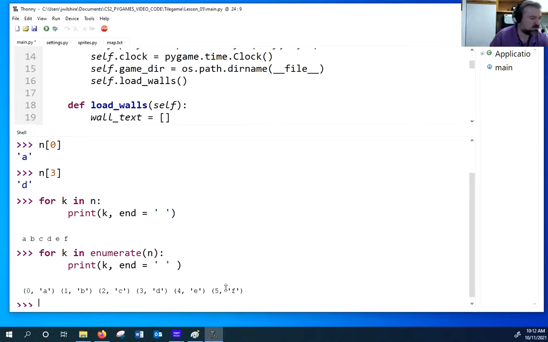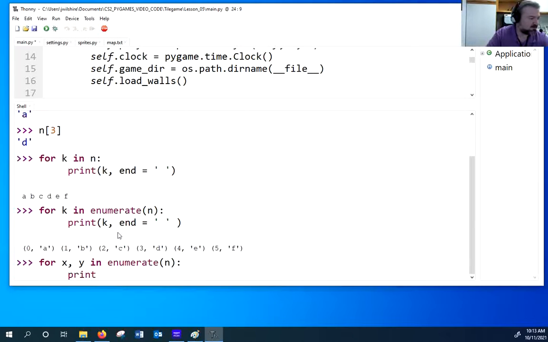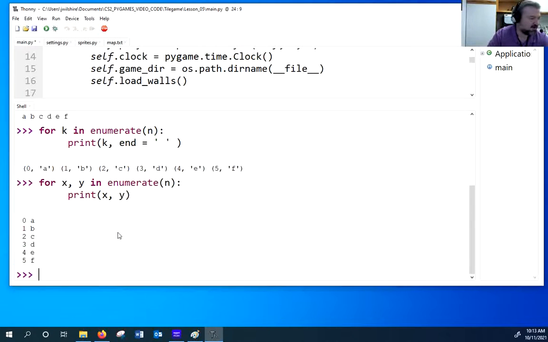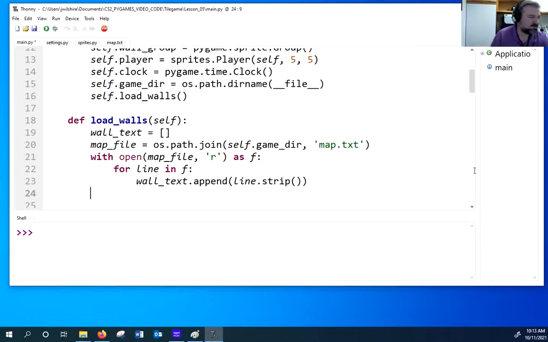Let me show you one more way to enumerate, though, because I can say for, let's say, x comma y in enumerate, I'll print X and then I'll print Y, and you can see what happens is the X becomes the index, the Y becomes that value there. Allows me to separate the two and use them as I see fit, which is exactly what I need to do. So I'm going to say for y, comma row in enumerate